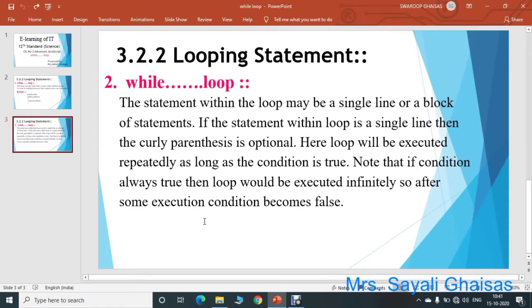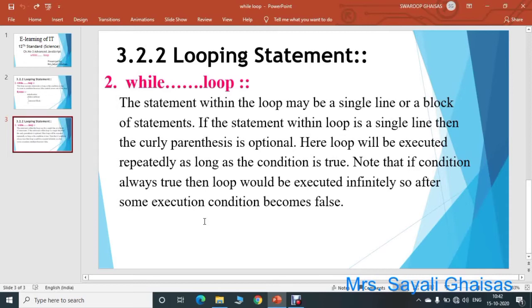So if the condition specified by you is forever true, then the loop continues to execute infinitely. There should be some condition that eventually becomes false, so that the loop exits and control moves to the next statement after the loop. So this is about the while loop.